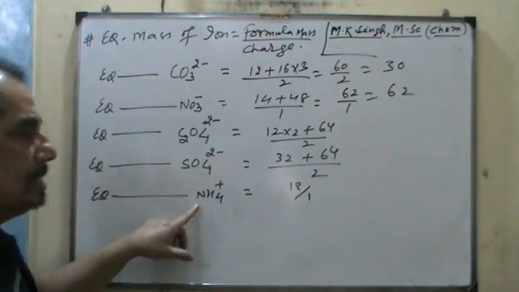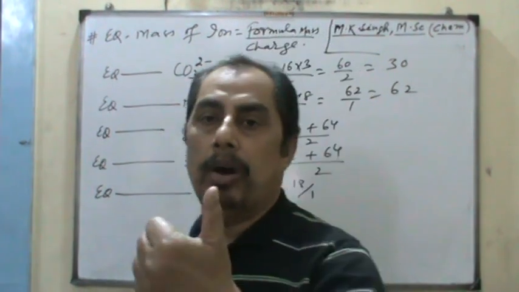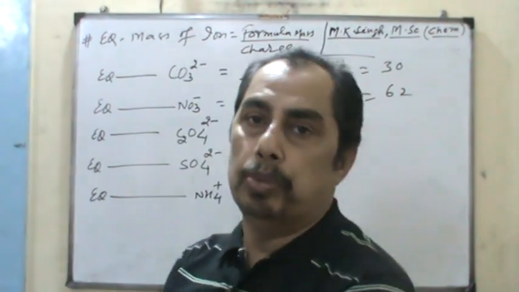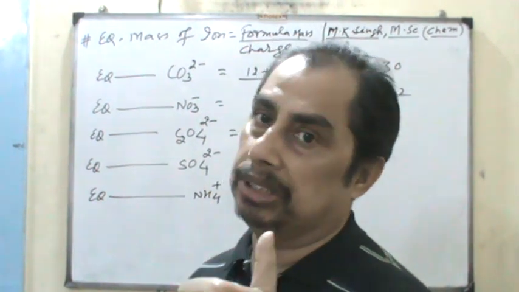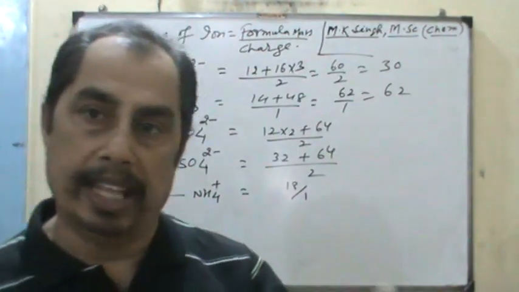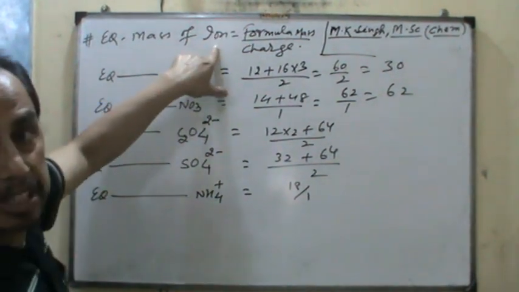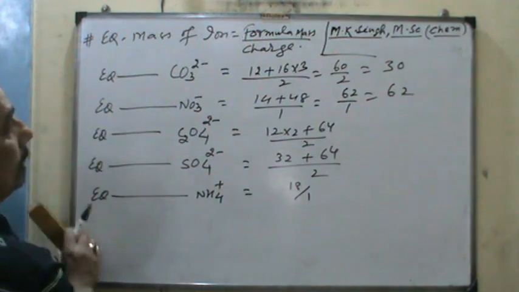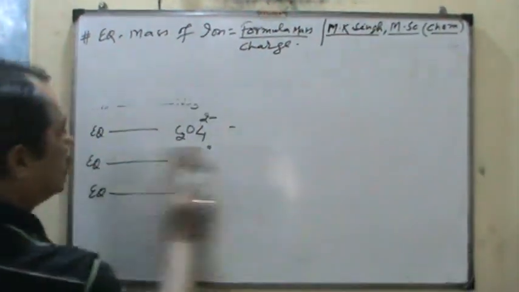This is your answer, because the atomic mass of nitrogen is 14, hydrogen is 1. How many times? 4 times. So 14 plus 1 into 4, and the charge is 1 positive. So this is the charge present on them. This is the way you can calculate the equivalent mass of an ion. Now, another formula to calculate the equivalent mass,